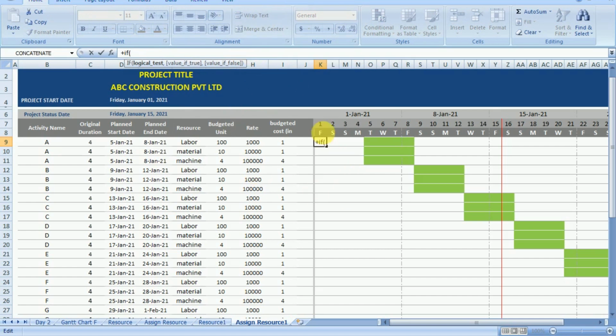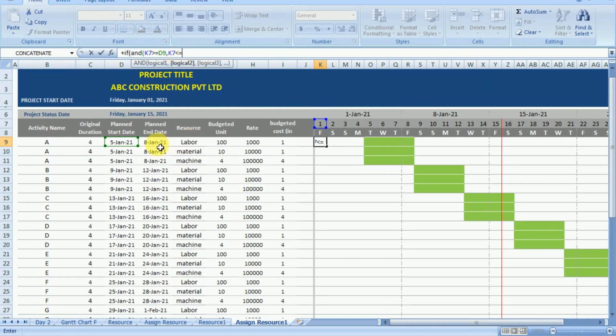Now we will use the same relation, that if my calendar date, K7 is the calendar date, is greater or equal to the planned start date, and one more logic is my calendar date should be lesser or equal to the planned end date.